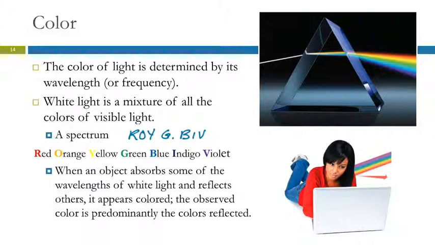So when white light hits an object, so here we have light hitting this woman's shirt. Some of the light is absorbed by the shirt and some of it is reflected. And which things are absorbed or reflected depends on the chemical nature of her shirt. So a lot of these colors are absorbed, and because her shirt is red, I know that it is reflecting red light. The red light is reflected off the shirt, it comes to my eyes, and my eye interprets that